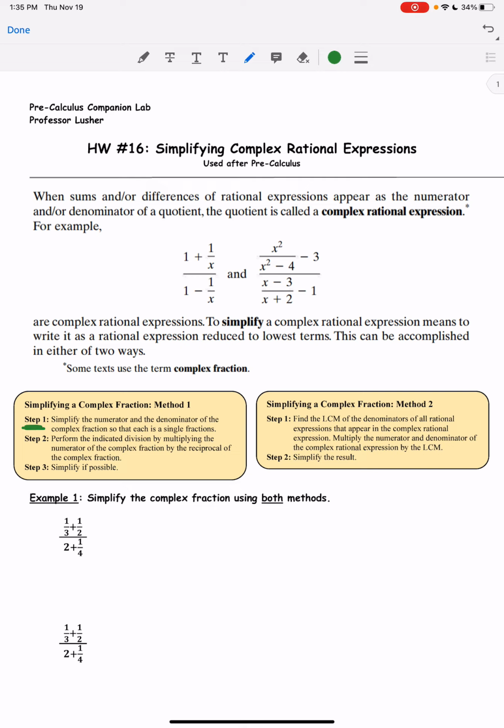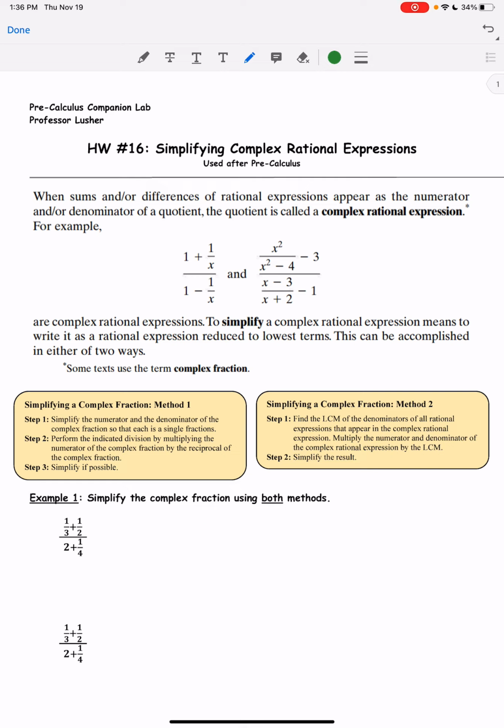So step 1 is to simplify the numerator and the denominator of a complex fraction so that each has a single fraction. So notice I'm adding 2 fractions here. I need 1 fraction. Notice we are doing a whole number plus a fraction. I want to simplify that to just a fraction. So you could technically put in your calculator 1 divided by 3 plus 1 divided by 2, and you're going to get your answer. But